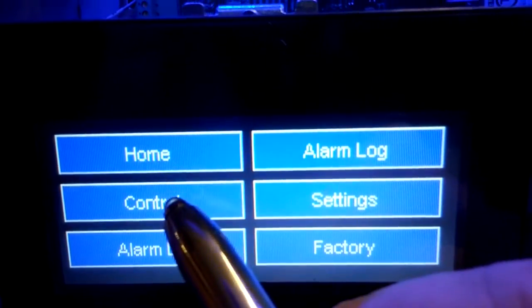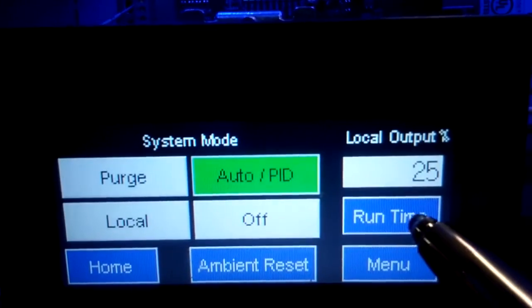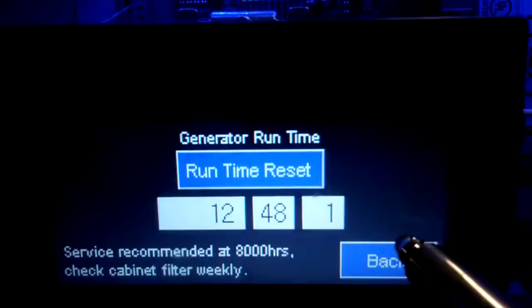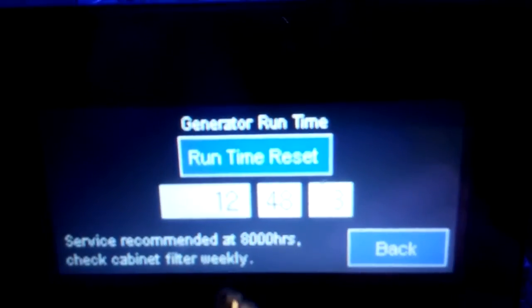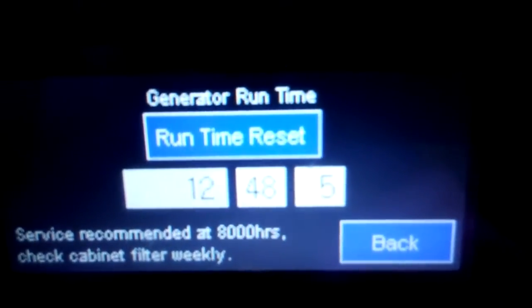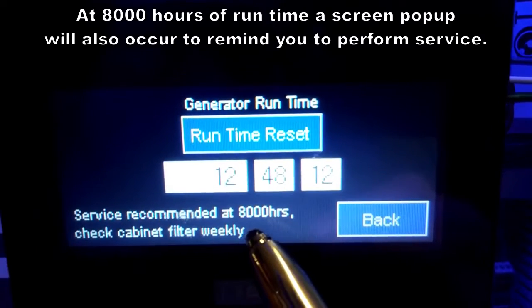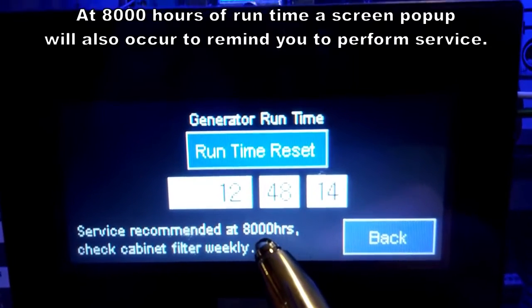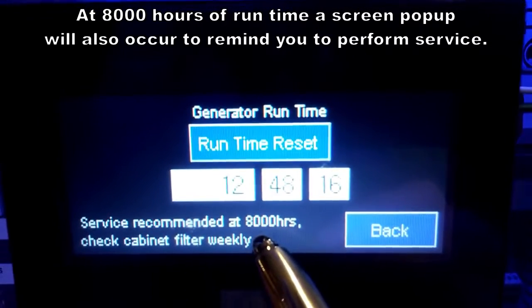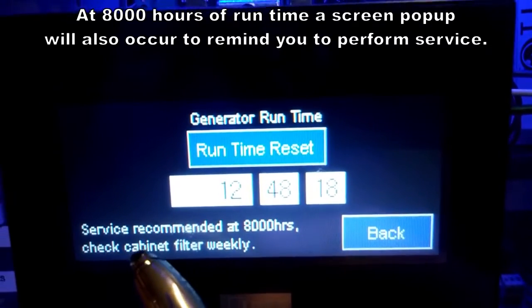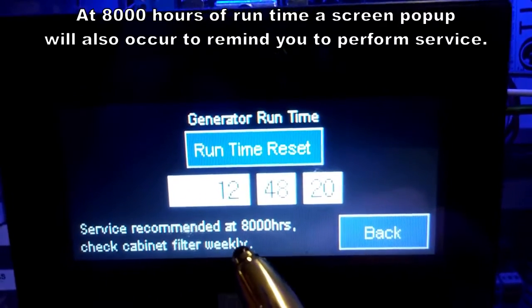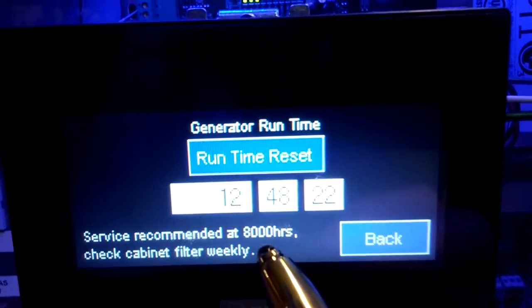Another feature I want to point out is a runtime counter that we have built into the system. This logs the total runtime of the generator that it was producing ozone. We do recommend some service at a maximum of 8,000 hours. That's a typical equivalent to a year. And we do remind you to check the cabinet filter weekly, or more or less depending on the